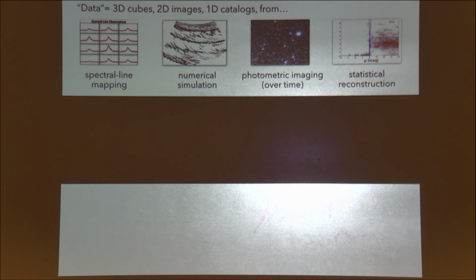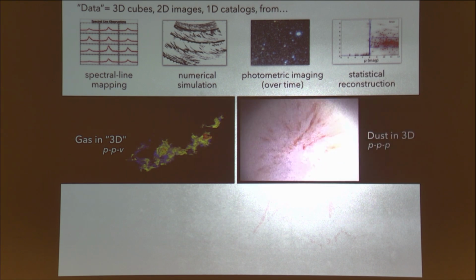Okay. So anyway, the statistical reconstruction that lets you get all these distances is the part that's really, really critical. So if you look at gas and you make 3D visualizations of what's called position-position velocity space that we'll talk about again in a minute, you can make beautiful movies like this. But the problem is that happens to be the Perseus molecular cloud. That, we thought, is not necessarily representative of real 3D space. Okay? There's no Hubble flow in molecular clouds. You can't just take velocity and turn it into distance. But you can see that things that are at different velocities are probably at different distances.